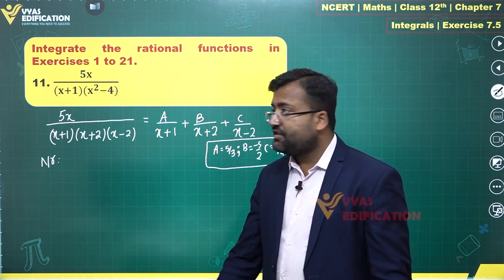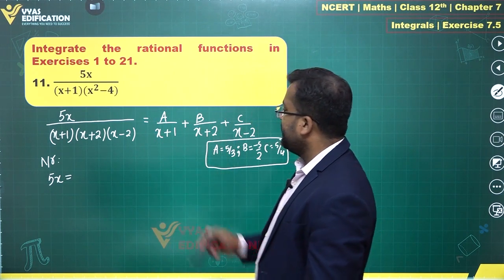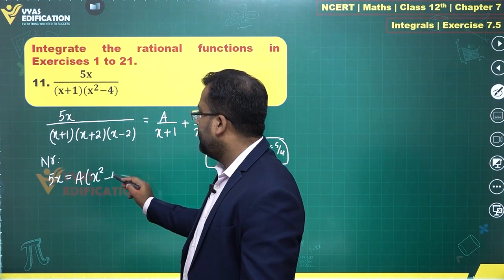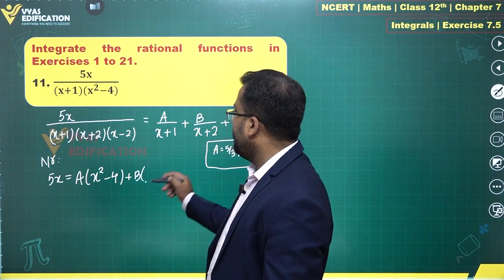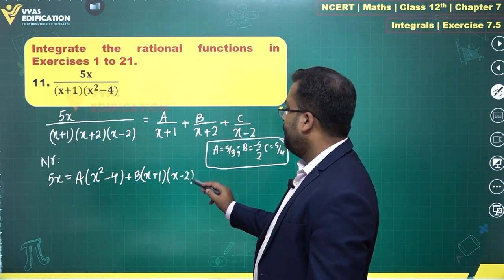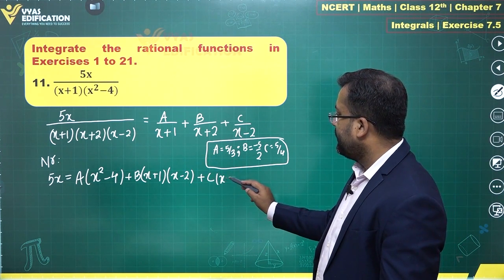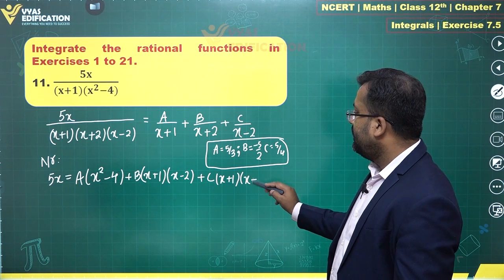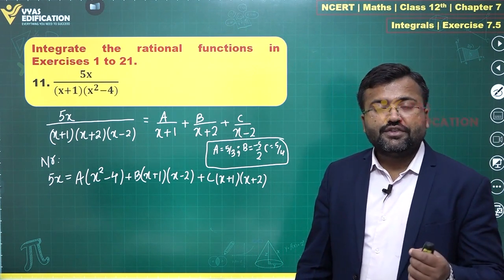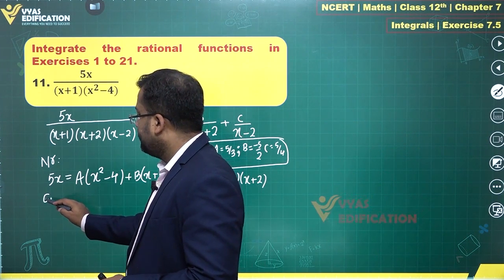By comparison of numerators, we have 5x, which is equal to a times this minus this into this, which is a times x square minus 4. Plus b times, we have x plus 1 times x minus 2. Plus c times, what do we have? X plus 1 times x plus 2. Yes. Now let's compare the left hand side and the right hand side. Coefficient of x square, coefficient of x, and constant term. So compare